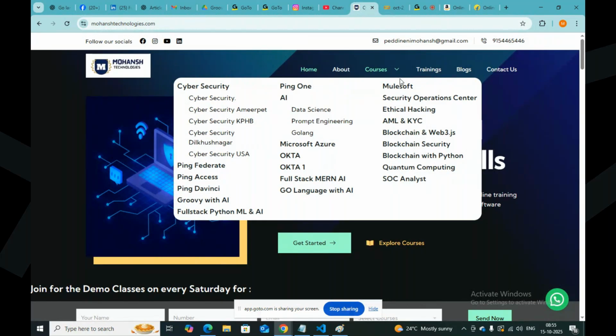And we will be having other kinds of courses like AML KYC, ethical hacking, MuleSoft, and blockchain Web3.js, blockchain security, blockchain Python, quantum computing, and SOC Analyst, and different kinds of full stacks like full stack MERN and full stack Python ML AI, and we will be having generative AI. In cybersecurity, we will be having PingFederate, PingAccess, PingDirectory, Okta, CyberArk, something like that. So all these courses are actually trending courses which have a lot of job